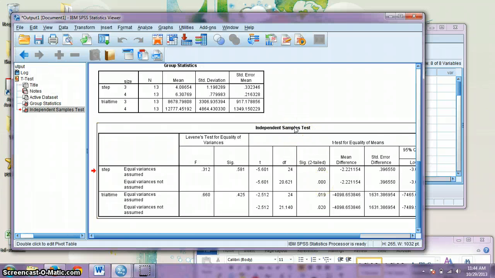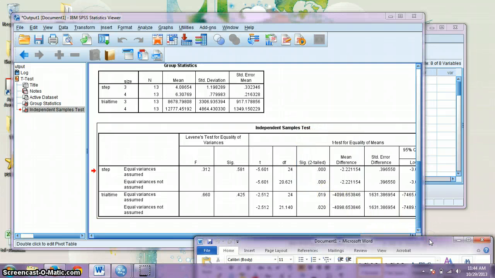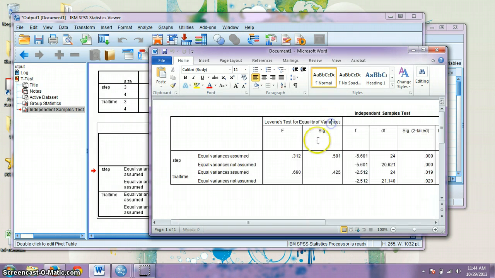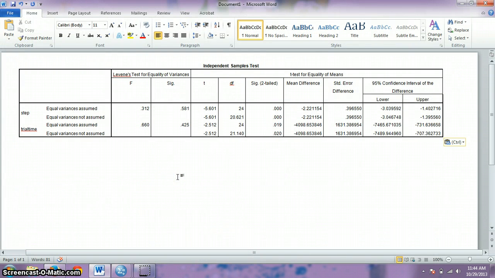Now there's a couple things you can do. You can select one of these and right-click and say copy, and then take it over into Microsoft Word and hit paste. And that table will appear. But for this assignment, I want you to practice writing what this result means. So for the step, you'd say something like an independent samples t-test, and this is a two-tailed t-test, independent samples, two-tailed t-test,